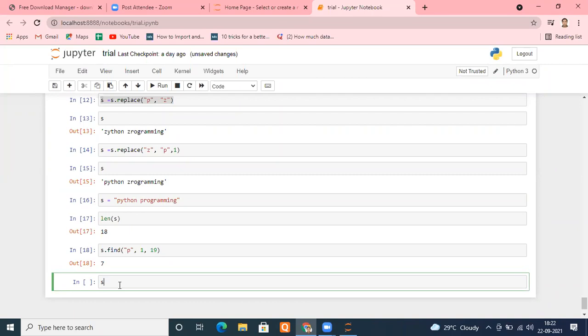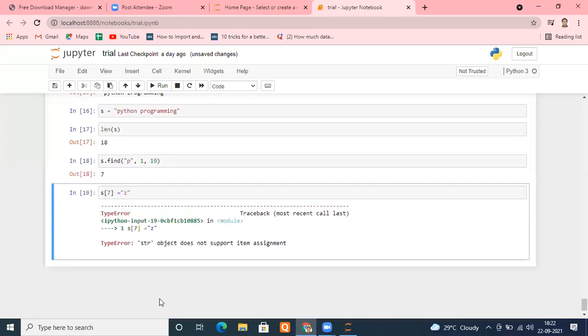S of, what should we do? S of what element? Remember, it's the 7th index. Let me try to place Z here instead of P. See what happens.